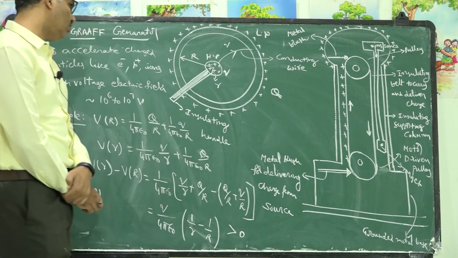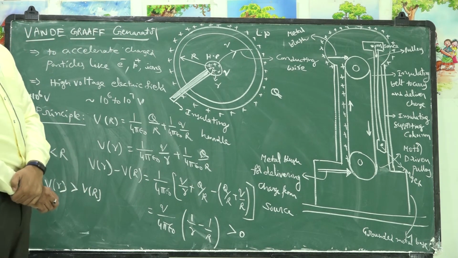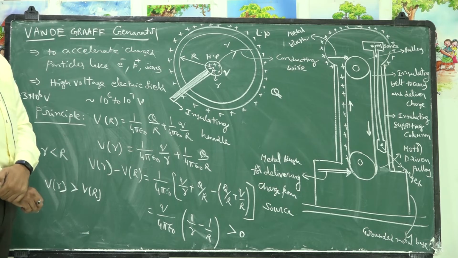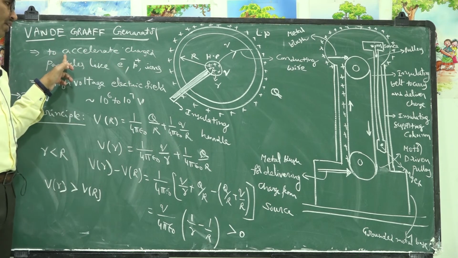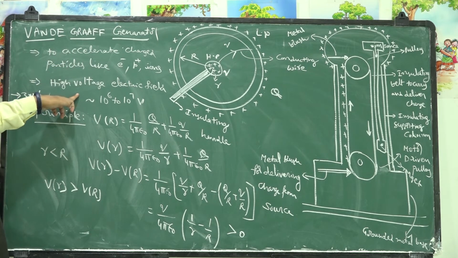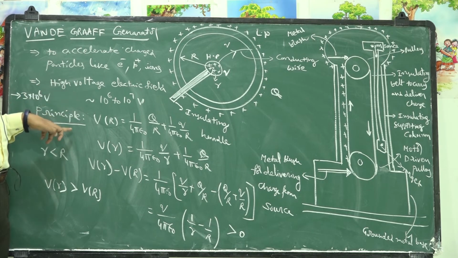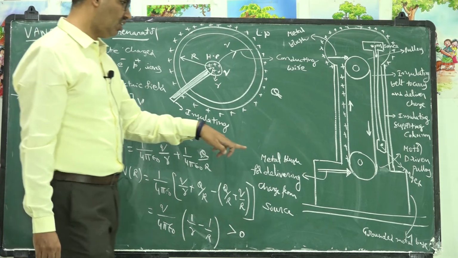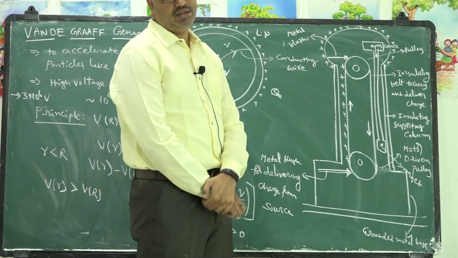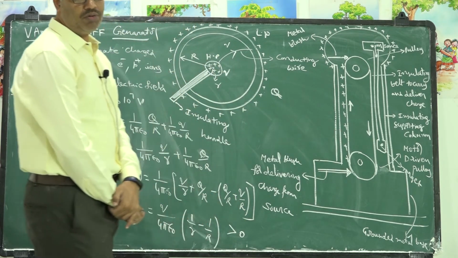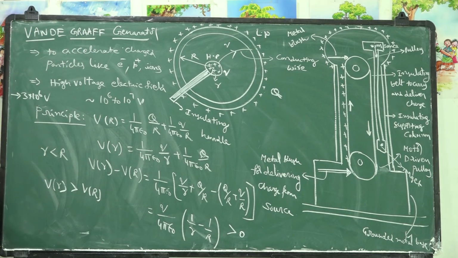This is an important question for your CBSE board examination. So you have to clearly write what the purpose of the Van de Graaff generator is, what the principle involved in the generation of a high voltage electric field is, and what the construction and operation are, everything. I hope I have reached you. So you go through the textbook reading, and based on that you follow those equations and describe the instrument's working and construction clearly.